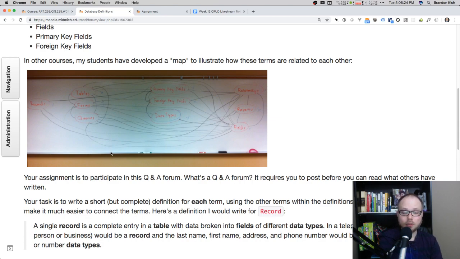And I think just like when you learn a foreign language, as you start using the words and seeing how they're related to each other, the more skilled and proficient you become at working with the concept of a database. So that's really the goal for that activity. I don't think anyone has started posting in there, so please don't be afraid. Please start posting maybe a definition or 3 definitions a day, so that we can start building on our digital whiteboard, so to speak, that will connect all of these definitions.